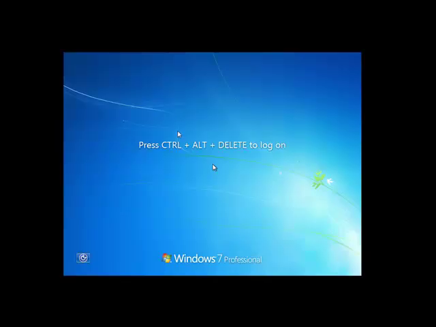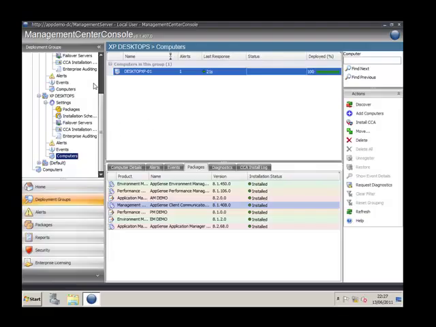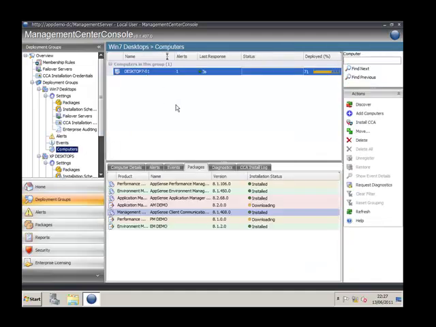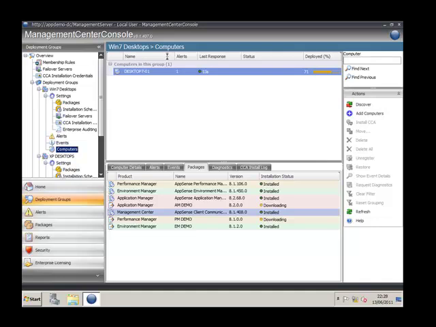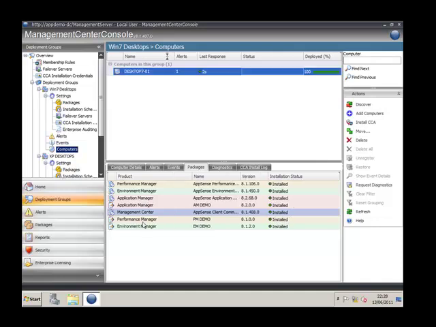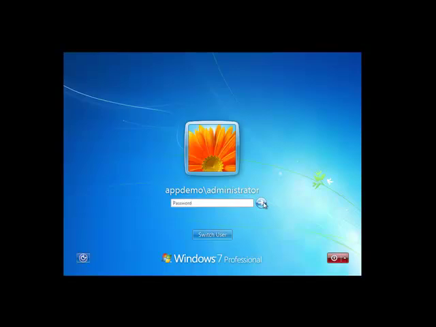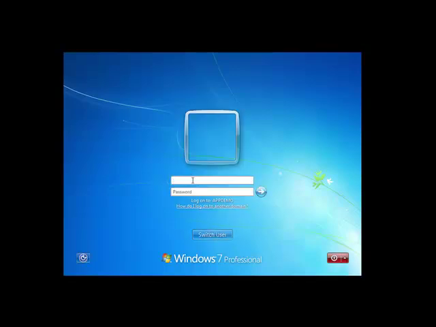We come back now. Windows 7 machine looks like it's rebooted, so let's go and have a look. If we come across and look at our Windows 7, nope, not quite yet. It's nearly done. We've still got an Application Manager and Performance Manager stuff to be installed yet. So again, we'll just wait for those to come through. And we can see that our Windows 7 machines have all been configured and set up. So if we come back into our Windows 7 machine, and this time if we log on as our finance user, so we'll switch user,